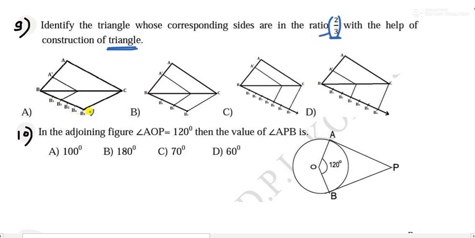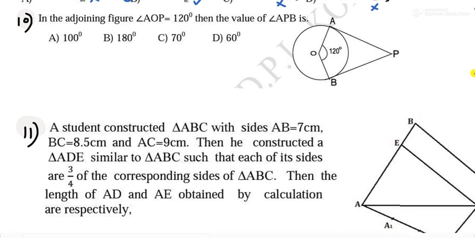So here it is given 5, here it is 7, here it is 4. Only this is given as 3. So this can be the right one, and also they have joined from 2. So option number B is the correct answer for question number 9. For a triangle, don't add the ratio. Only take the greater value. The number of points should be the greater value. Yes, moving to question number 10 now.